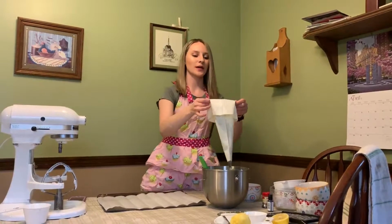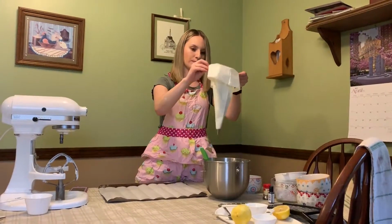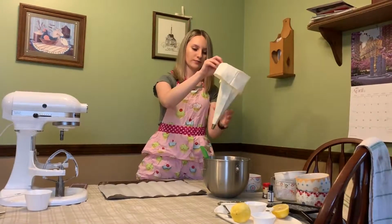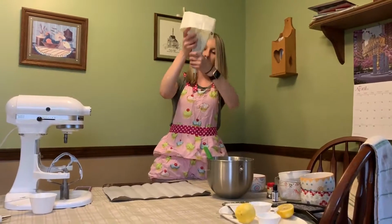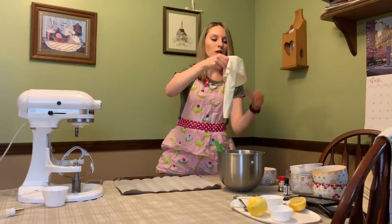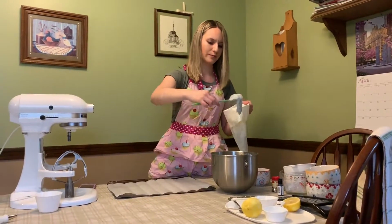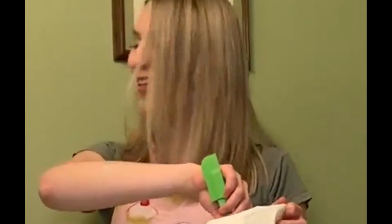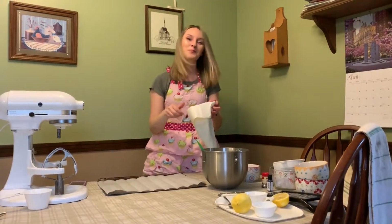Okay, so the next step is transferring the batter into the piping bag. The tip I'm using is a number 24. Just use a large tip. I know a lot of people...